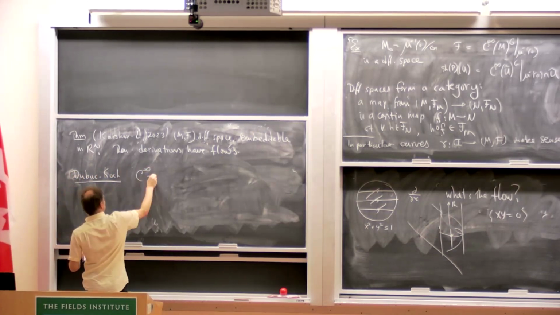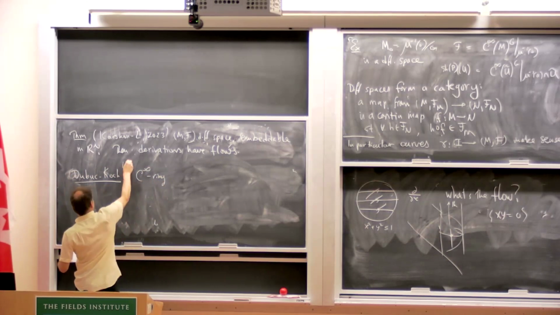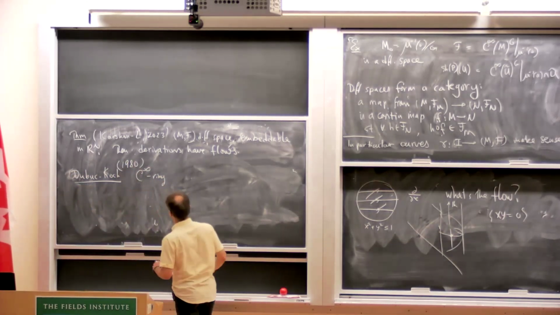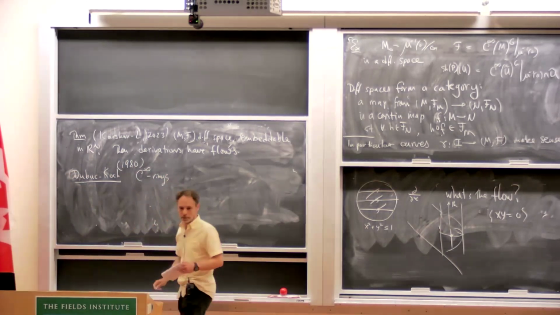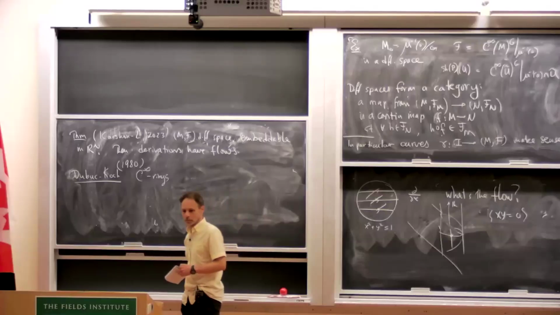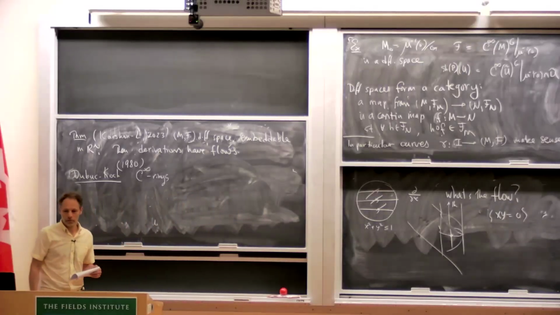C infinity rings. So this, again, goes back to 1980, and back to the book. So if you take any subset of Rn and you just reduce the function to be